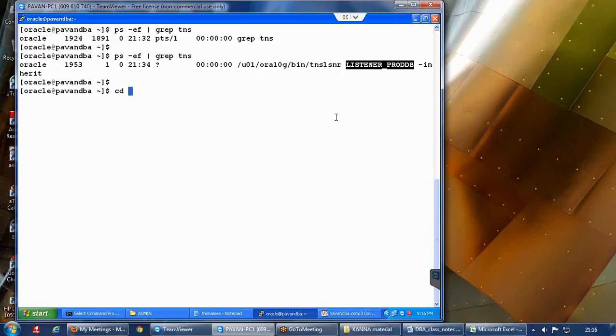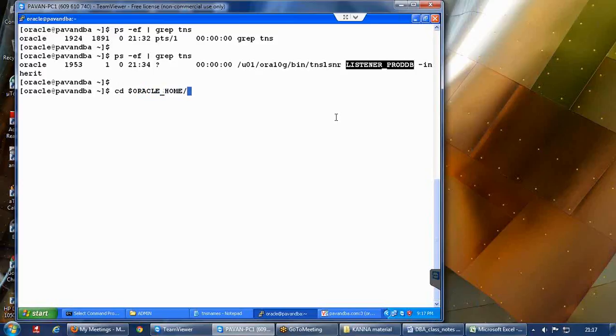Do remember, if you want a listener to be up and running, the listener.ora file compulsorily should be there. If you don't have that file, it is not possible to start your listener, stop your listener, or do other kinds of maintenance activities.